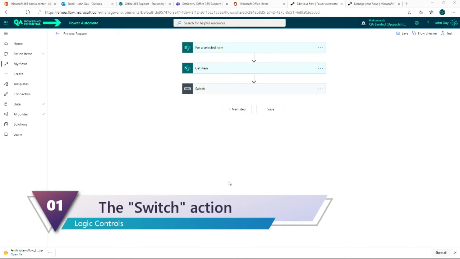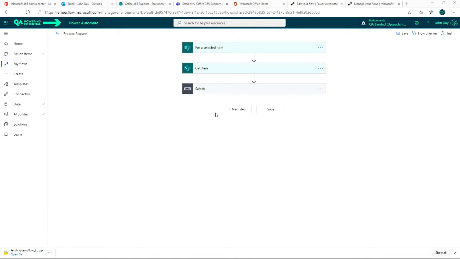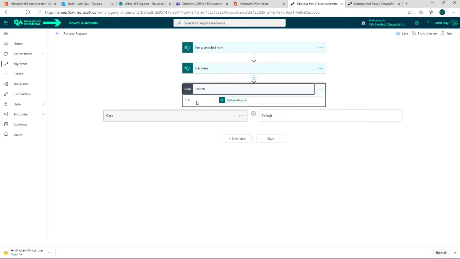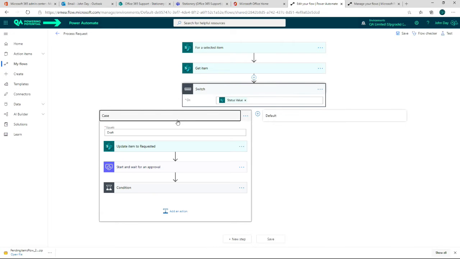Where I was testing one property with multiple outcomes, the condition can be used, but it's too complex and would make the flow unnecessarily hard to manage. So instead I can use a switch. The switch allows us to test one particular property or expression of my own choice, and then I can write as many outcomes as I want. And to do that, I specify the case. So this would be if the case is that it's draft,